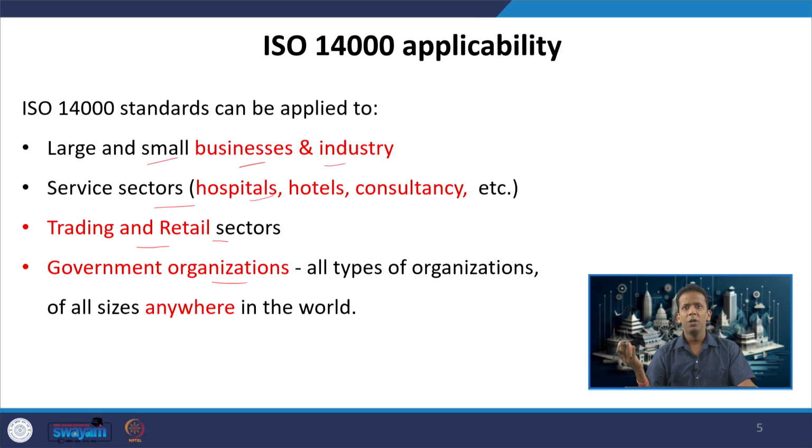It involves a lot of transportation, consumption of energy through fuels, and consumption of materials through different resources obtained from nature. So, they are going to have environmental impact, and to manage them the preferred option is to have these ISO 14000 standards. So, it is applicable to almost all the organizations of all the sectors.